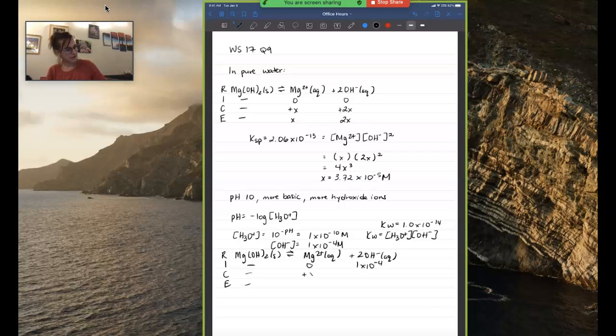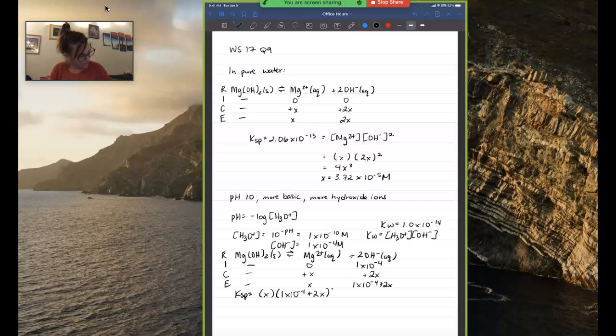Follow the same pattern here. This is plus 2x. A lot of times students forget the 2. That's why I keep emphasizing that. So 1 times 10 to the negative 4th plus 2x. And then Ksp is equal to the magnesium concentration. We're going to use the same expression here and plug it in. So magnesium times hydroxide squared. So then you would have x, and then 1 times 10 to the negative 4th